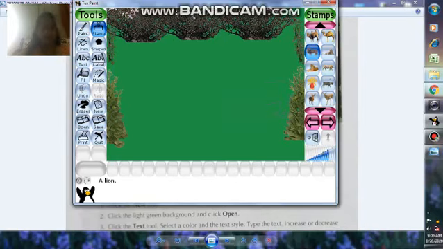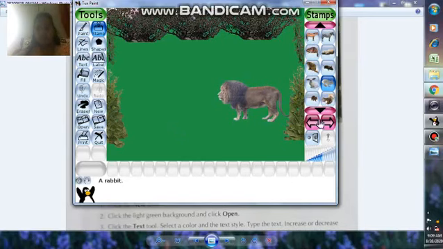Yes, it is enough. Now find the rabbit. Here is your rabbit. Set the size of the rabbit and place it here.